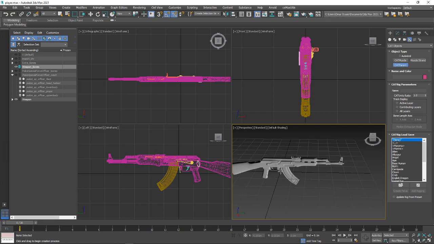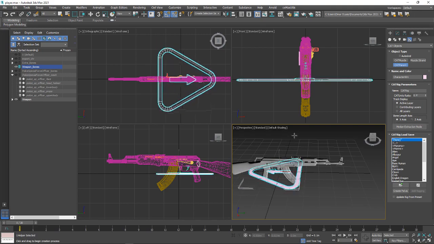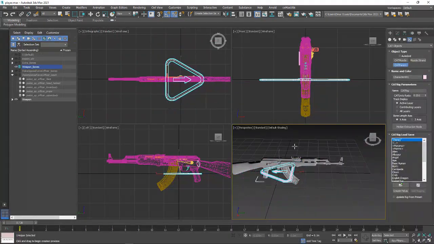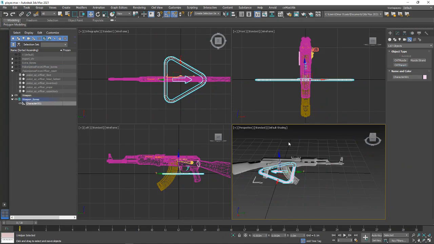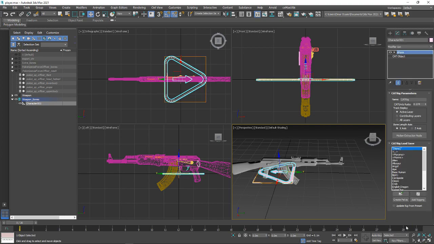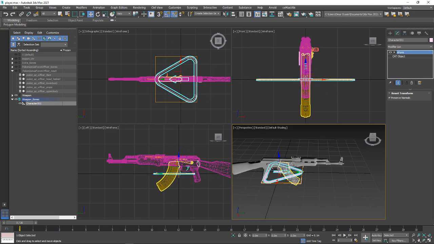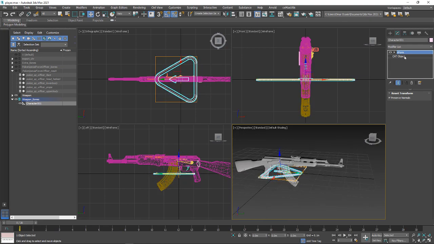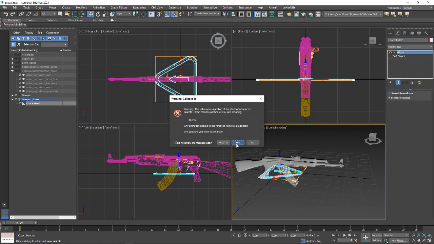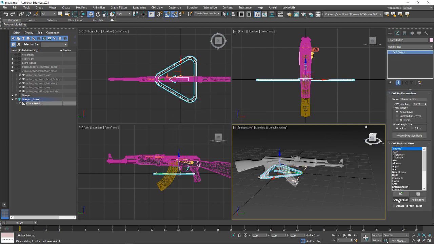Now we just left click and hold, and size doesn't really matter for this point. We can just keep it small. Right click, zero this out. Again, modify XForm, rotate 180, and then collapse. And then we can change the name to weapon bones,